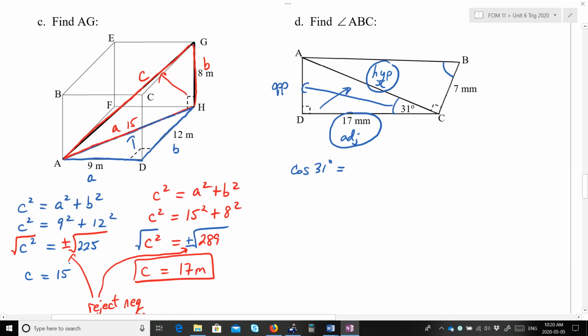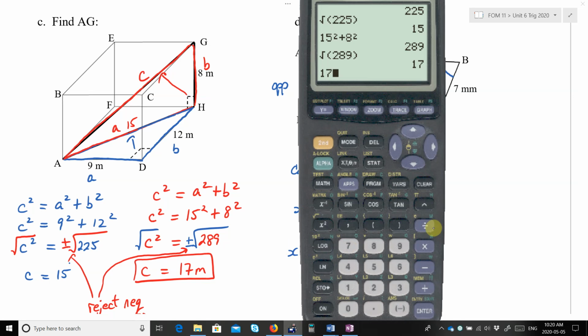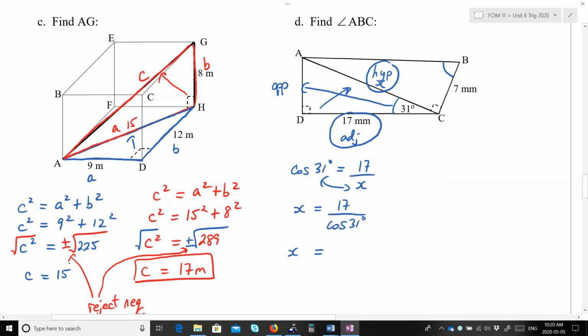So cos of 31 degrees is equal to 17 divided by x. And remember, when the equation is in this form, x ends up equaling 17 over cos 31. So x is equal to 17 over cos 31, and we get 19.8